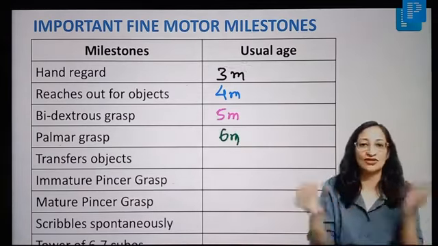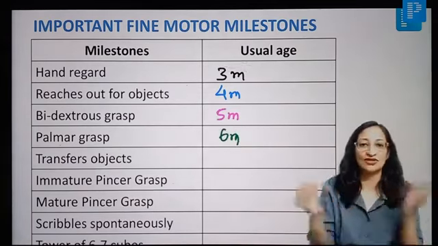Okay. Right. Now moving ahead to the drawing skills of a child. Very, very important. And the turning point in the question given here. So when is a child able to copy a straight line? A line has got how many ends? 2 ends. Copies a straight line at 2 years. Similarly, a rectangle has got how many vertices? 4 vertices. So copies a rectangle at 4 years. So in the given question, the child was able to copy a rectangle. So his age is definitely 4 years.